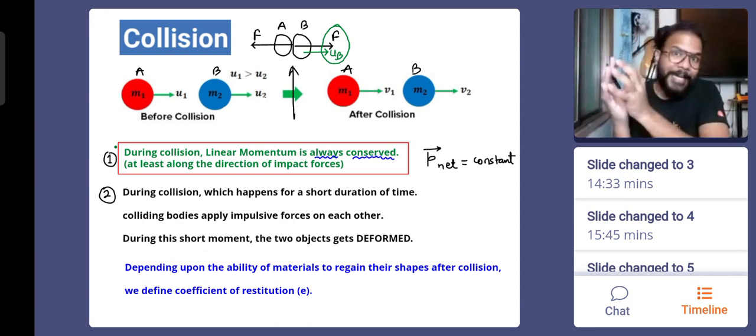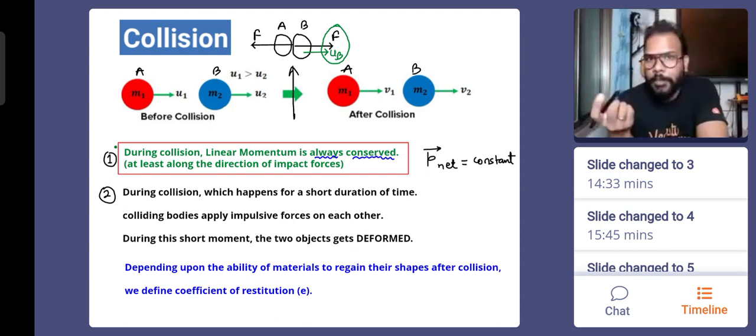Even if there is a perfectly inelastic collision, which will happen when the two objects stick to each other, the force will only act for a small duration of time. After that, they will stick together. In this process of collision, be it perfectly elastic, perfectly inelastic, or partially elastic, when the two objects are experiencing force from each other, their shapes will change, quite visibly sometimes, and by a quite small amount sometimes, so that